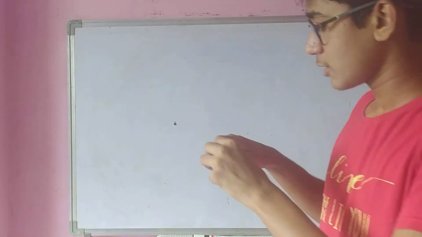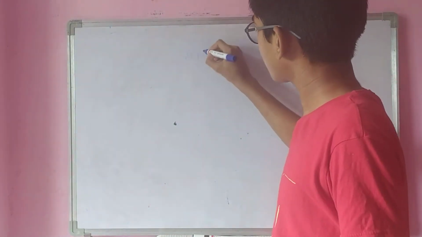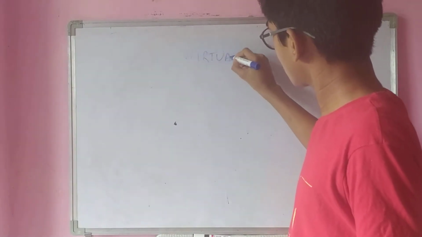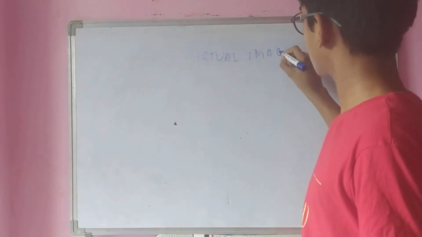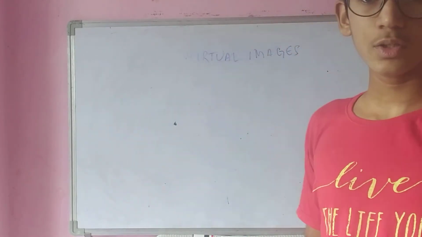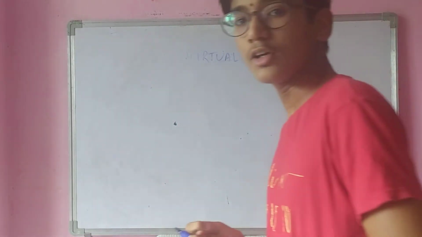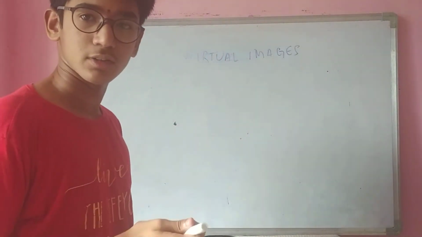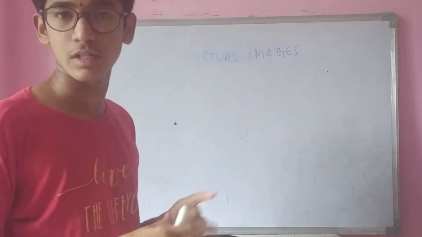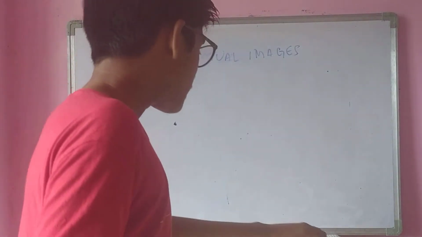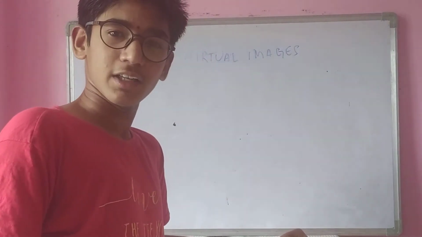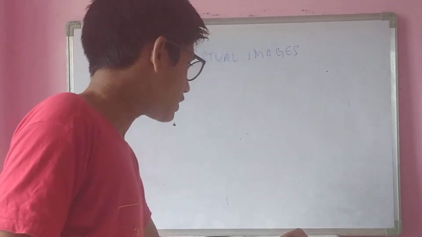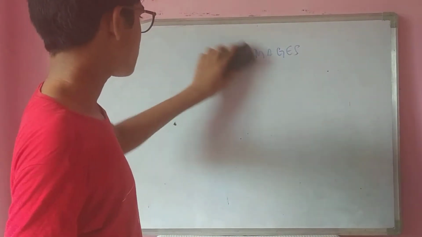In the previous video, we had discussed topics related to light. They are virtual image properties, and also some sums related to plane mirrors, two plane mirrors inclined, and also a single plane mirror involved. But we hadn't given enough illustrations to explain each and every topic involved in the plane mirror, right?